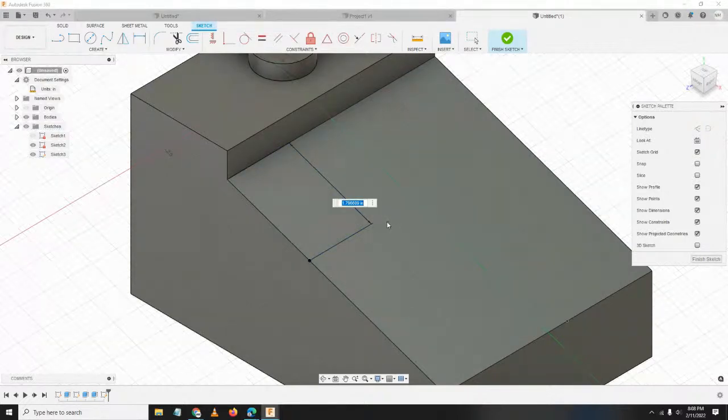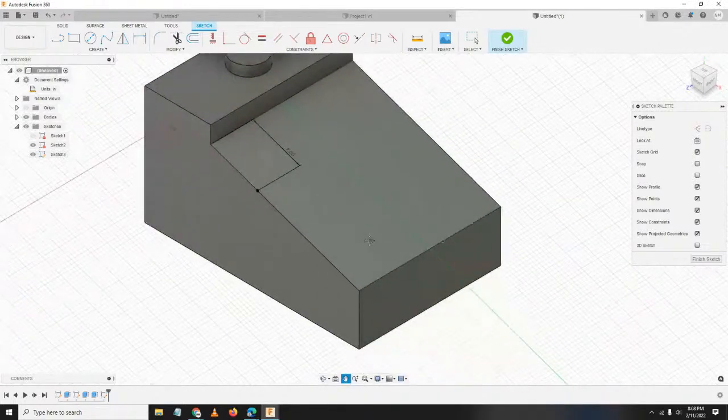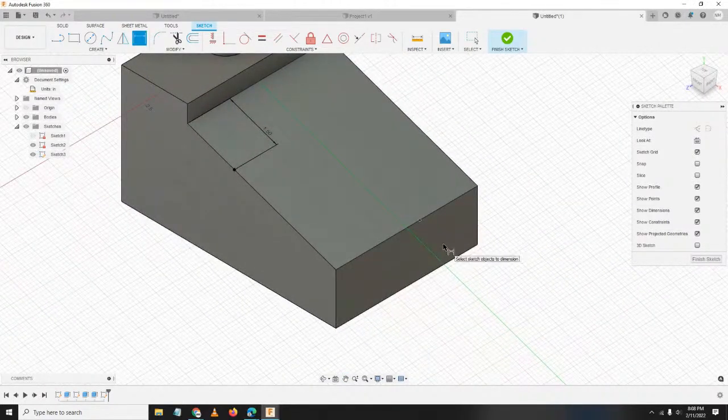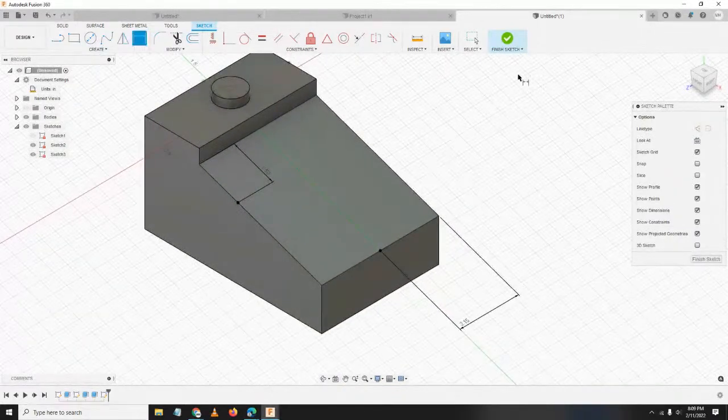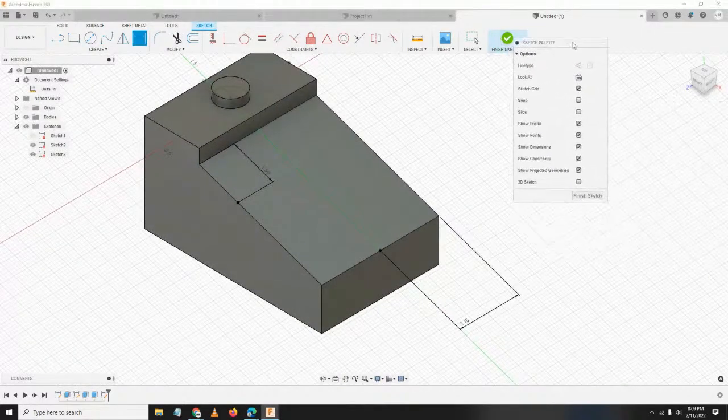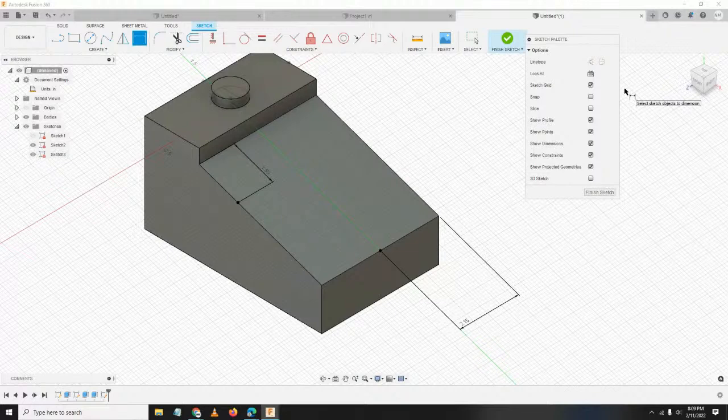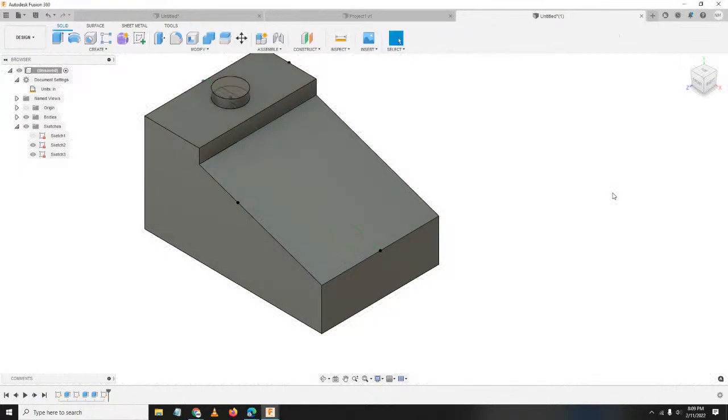Left click, key in 1.5. Okay? So, yung isa naman ay 2.5. So, selecting this and this, key in 2.15. Sorry. Ayan. So let's now hit finish sketch. So sa sketch palette, pwede rin kayo dito mag-finish sketch.